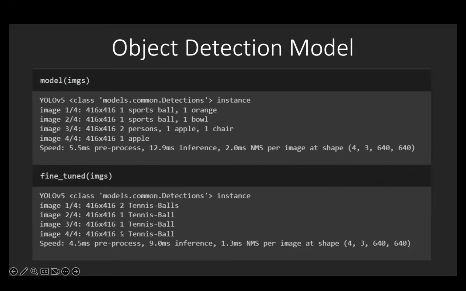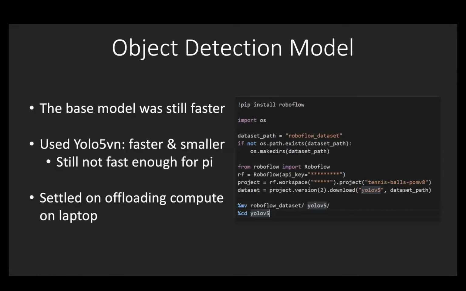That's the second result that you can see. And the inference is much faster in the development environment, okay? But surprisingly, when we tried to use it on the popper, in our production, the base model was much faster,